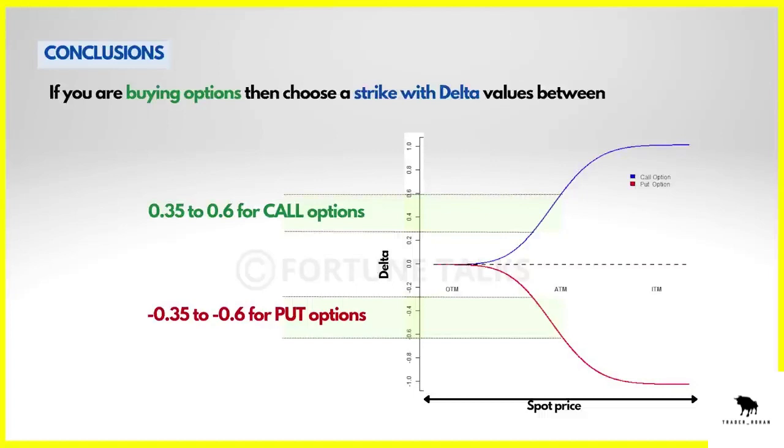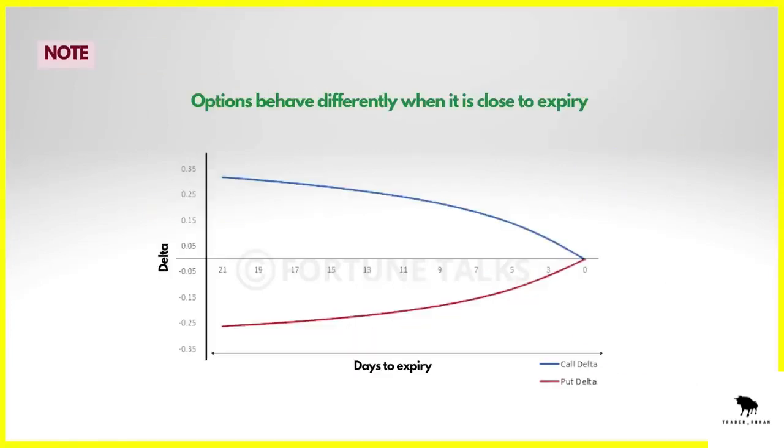And as a closing note, options behave differently when it comes to expiries. As you may know, during expiry, all the out of the money options will go to zero, and so will their deltas. This is perfectly